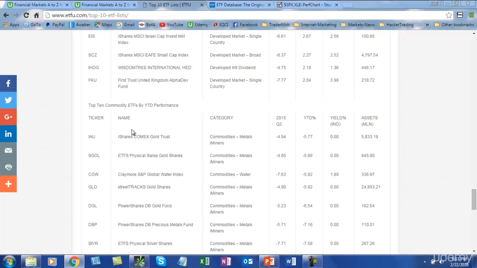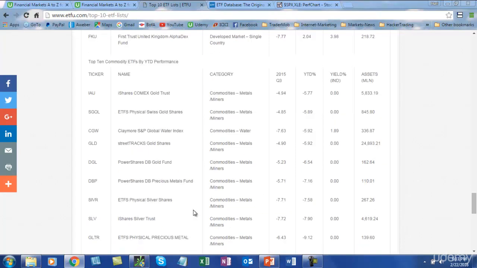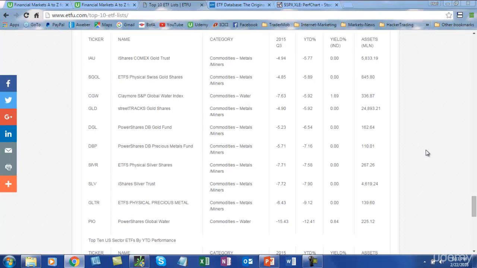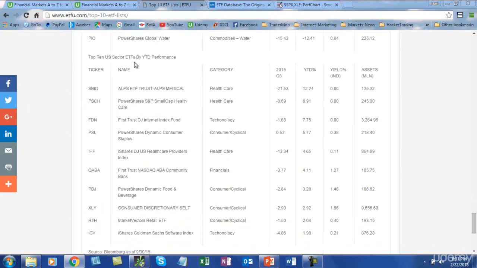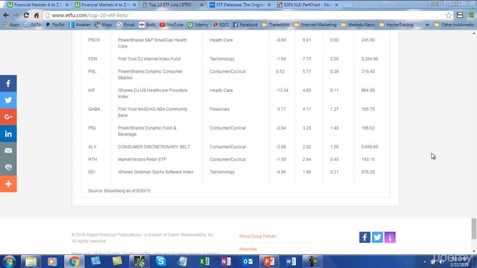So similarly, you have now for commodities, physical silver, SLV is a big one as well right here. Gold is of course GLD. Those are the two big commodity ETFs. You also have USO, which is the oil. We're going to study that because oil and the energy complex is so much in the news now. So similarly, you have top 10 US sectors as well. So here you have the XLY, which is the consumer discretionary. The XLF is the financials, and so on and so forth.